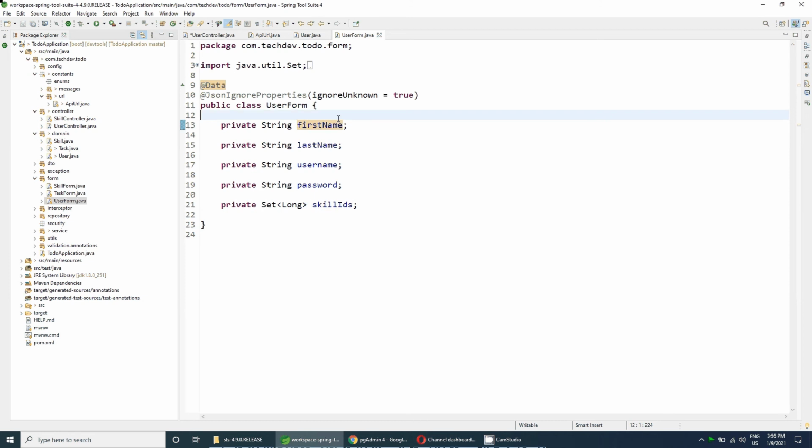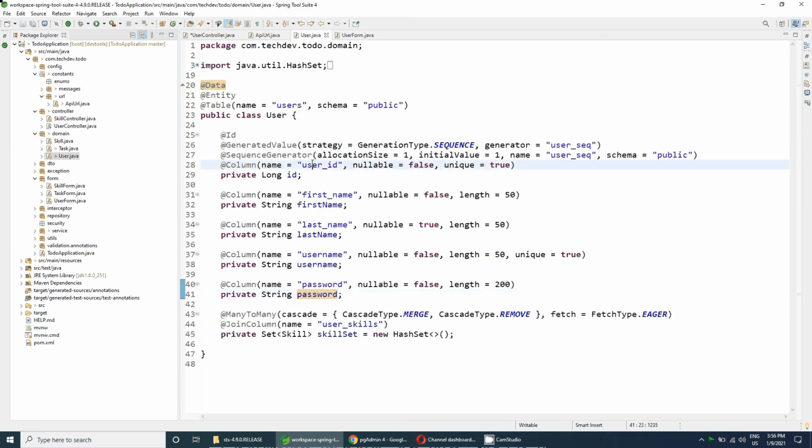So this user form is already created. We just need to validate this form: first name should be not null, username and password should also be not null, and the username should be unique. So let's start the validation part here.